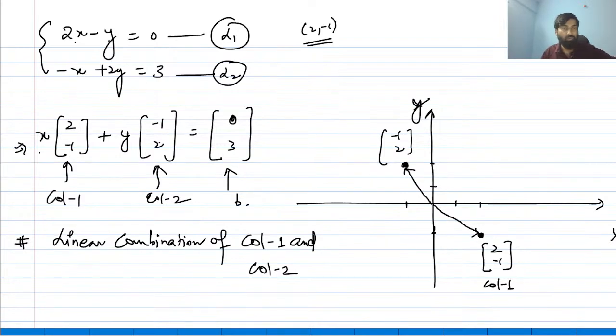But if you're going to multiply this vector by 2, right? You can multiply by 2 here. So this vector will become what? 2 times of -1 and 2, right? What is the meaning of this? If you are going to multiply by some scalar constant, your vector length will increase, right? So this vector is here. You can say 2 times of -1 and 2, right?